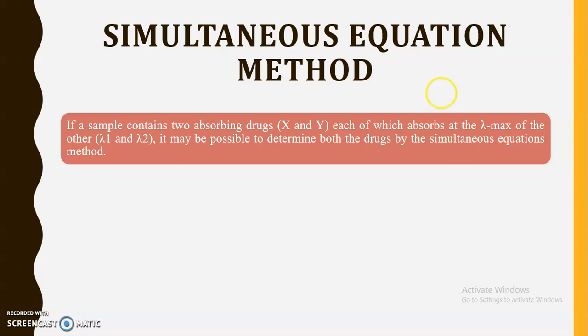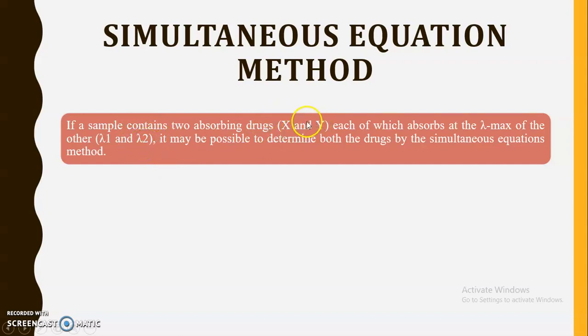Now if a sample contains two absorbing drugs, let us consider them as X and Y. For example, we have said ibuprofen and paracetamol; any two drugs we can take as an example. The only condition is that each of these drugs absorbs at the lambda max of the other drug. Say, for example, lambda 1 is the lambda max of the X drug and lambda 2 is the lambda max